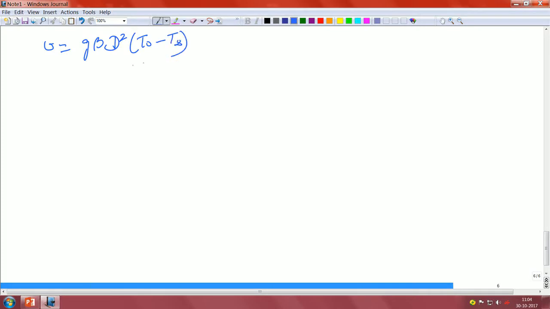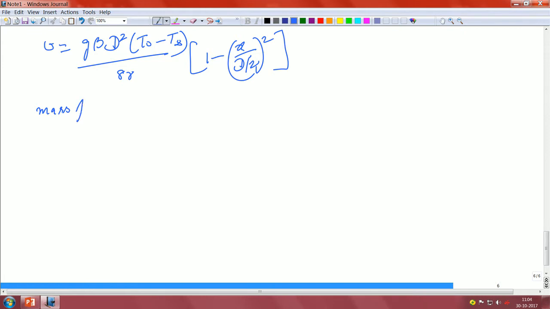So, having established the velocity scale for this particular problem, let's write down the velocity: g beta d square (T naught minus T infinity) divided by 8 gamma, times (1 minus x by d by 2) square. That was the velocity scale that we extracted. Okay. So, now in order to calculate the heat, let us calculate what is the mass flow rate